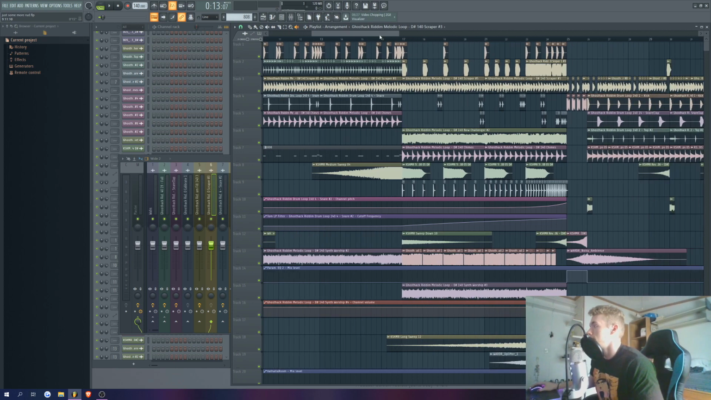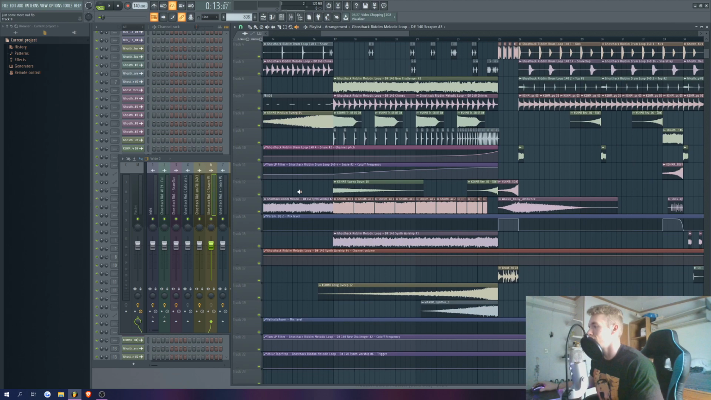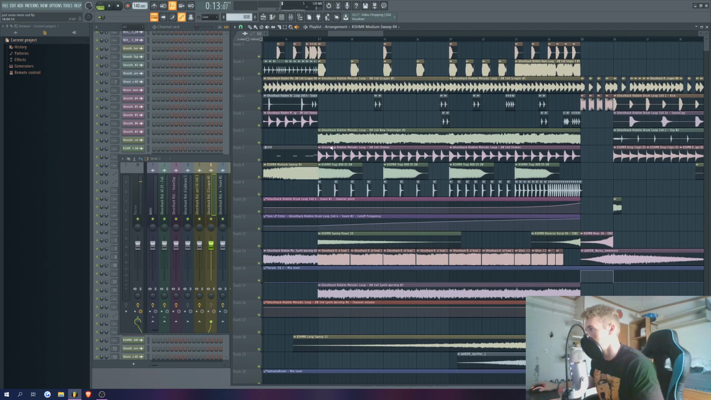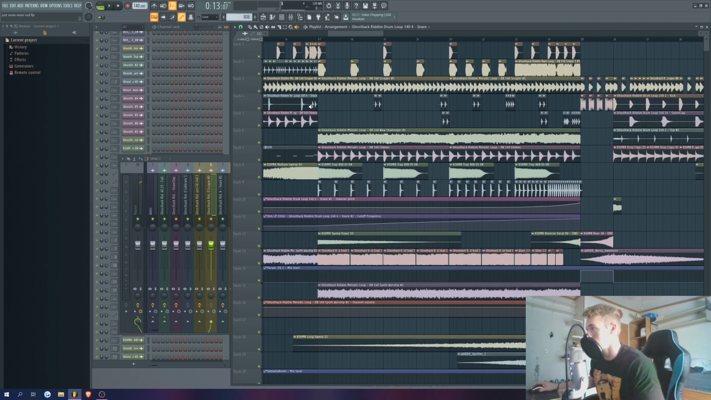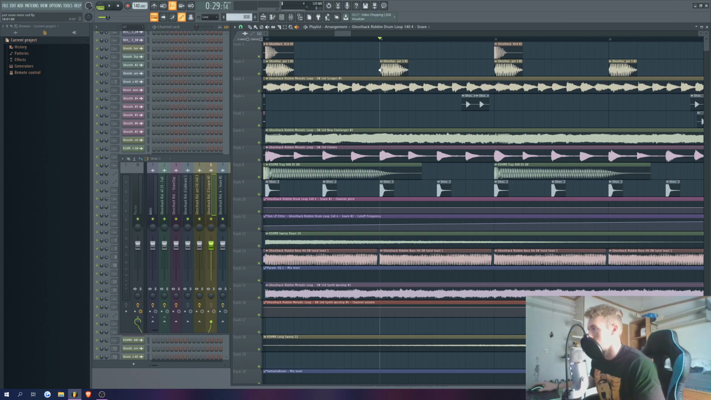What next? Okay, here's the build. There's a lot of sweeps going on here. Still got the chimes heading in. I took the last little snares off of this loop and plucked them right in here to make it sound cooler. I also have some